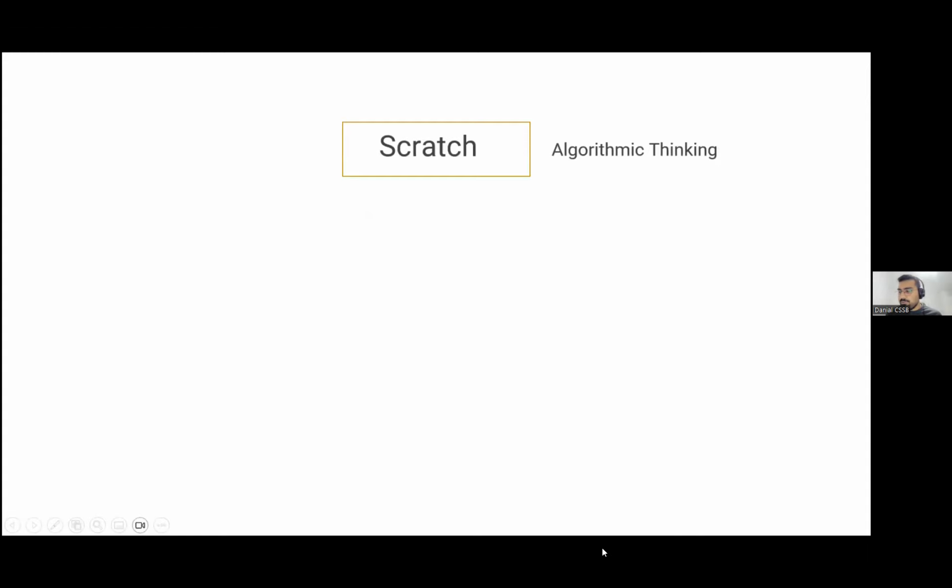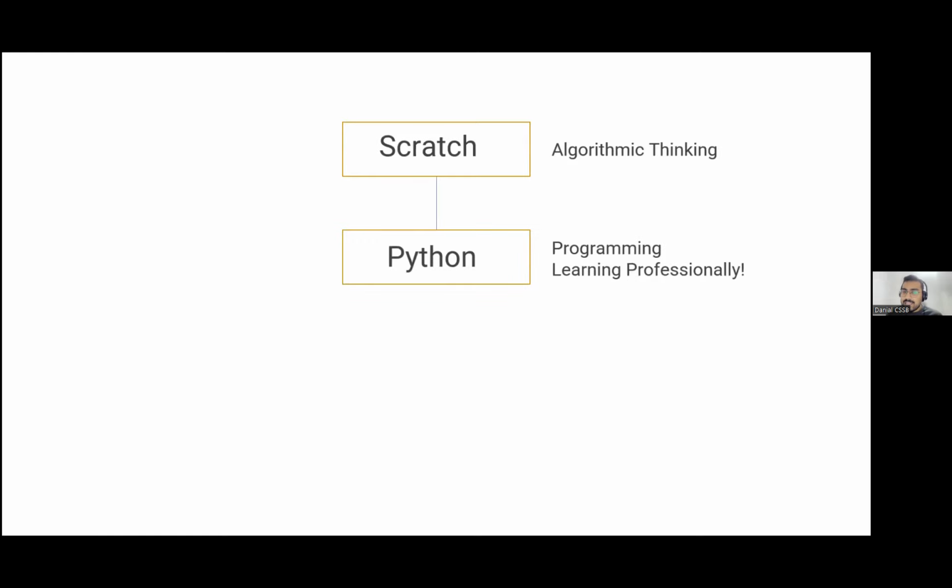So, reviewing all the things once again: for Scratch, for children, mostly this is going to be their first steps into programming. They're going to develop algorithmic thinking. They're going to have loads of fun creating animations, creating interactive games, and all those things. And then for grades 4 to 6, it's going to be Python, so learning professionally a programming language that all the great companies are using right now.